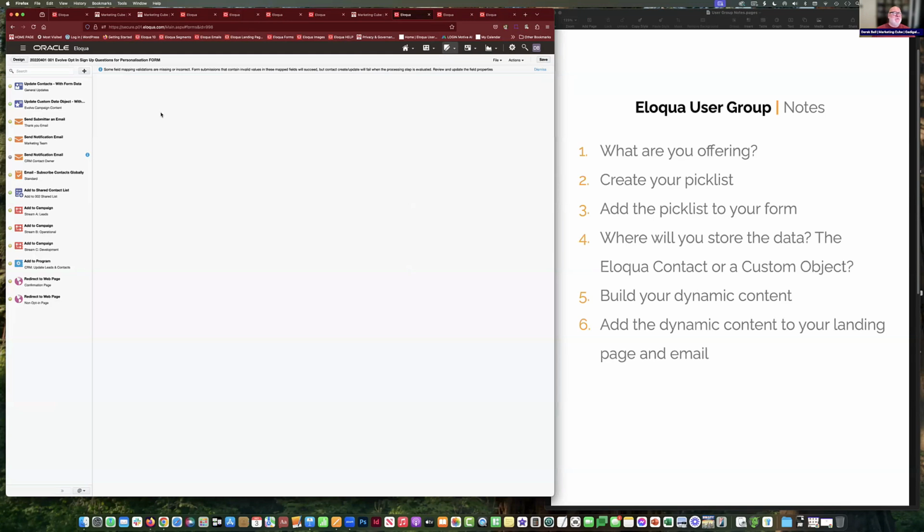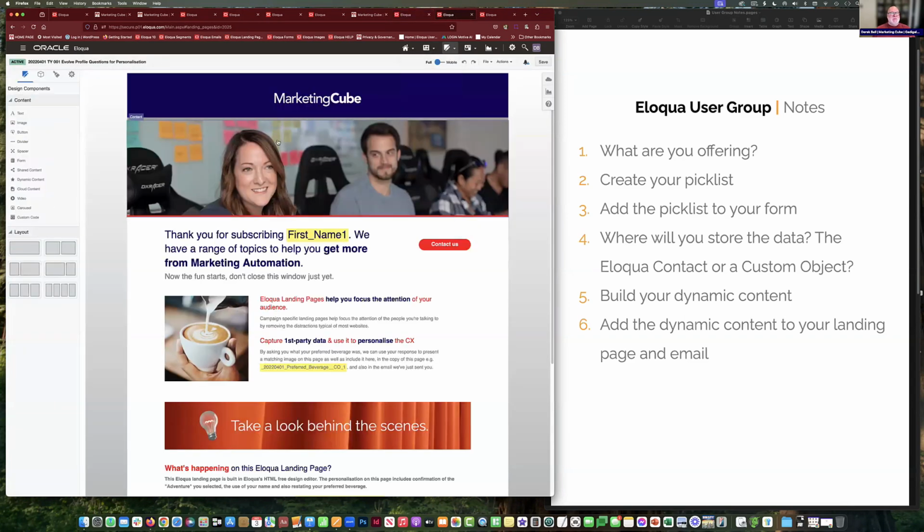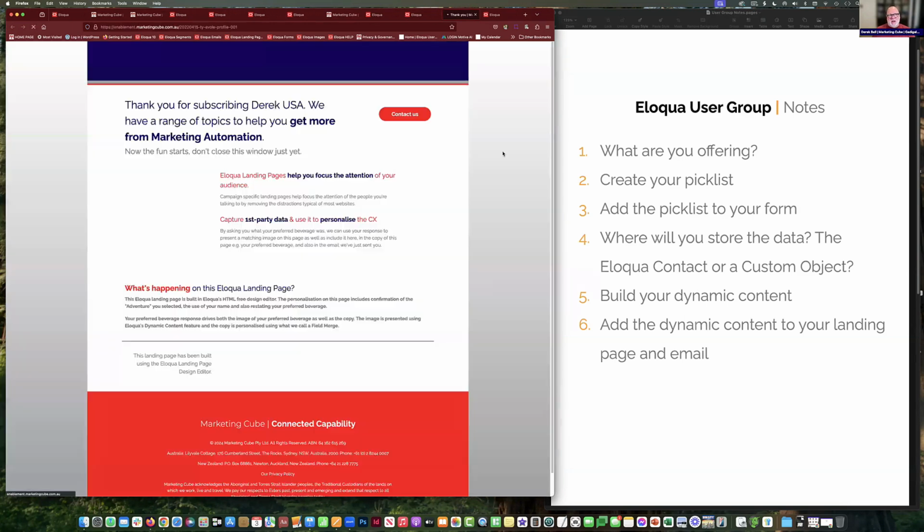Now, in this example, we chose to update a custom object with relevant information. And so the 3 questions, etc., are stored on a custom object that we call campaign content. Now, because it's sitting there and it's available, that can drive dynamic content, and I can also create field merges with that information as well. And so that's what you see here. So this is the confirmation page. Now, if I actually have a look at this page live,